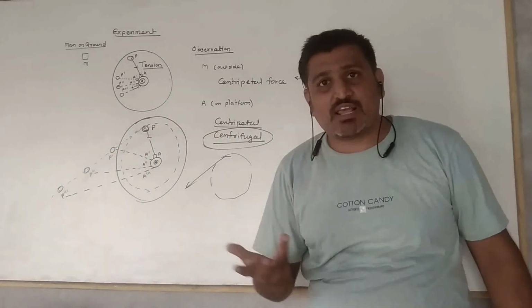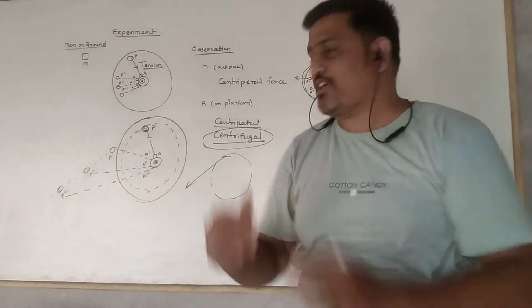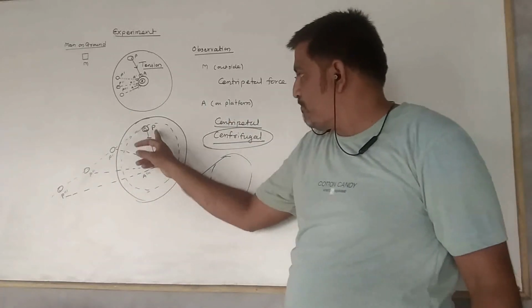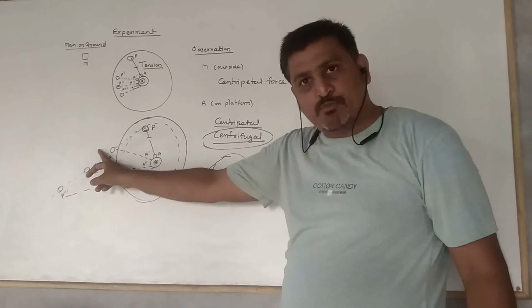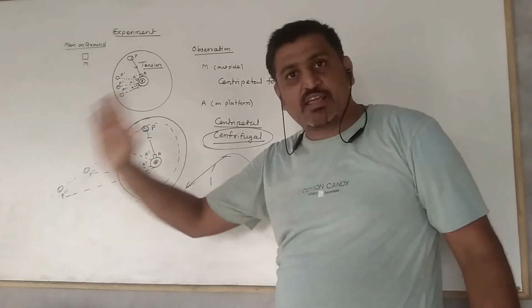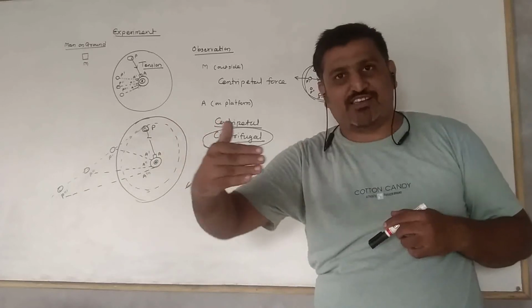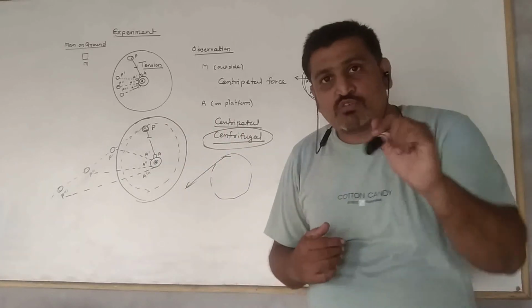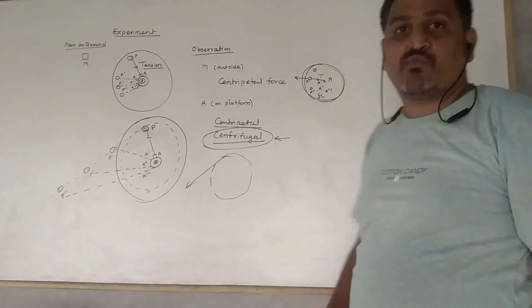ऐसे उसको लग रहा है कि वो बॉल को दूर लेके जा रहा है, मेरे से दूर लेके जा रहा है. When it is at A, position is P; at A dash, ball is at position P dash, but बॉल का डिस्टेंस अभी क्या हो रहा है, उससे बढ़ रहा है. तो उसको ये लग रहा है कि बॉल कोई तो भी मेरे से दूर लेके जा रहा है, राइट. So that force he assumed is nothing but a centrifugal force.